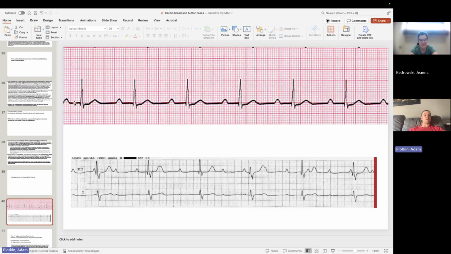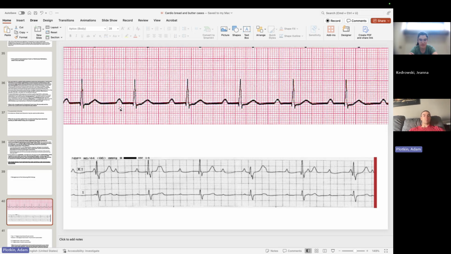And then is there a P before every QRS? This one's kind of hard to see, but yep, yep, yep. Is there a QRS after every P? Yep. Are the P's upright in leads 1 and 2? I don't have lead 1. This is lead 2. Yes. Is it down in aVR? Yep. Then that's going to be normal sinus rhythm. So we've got all that. But then I need to start looking at my intervals, right? My QRS should be less than 0.12, so less than three little boxes, which they all look to be.